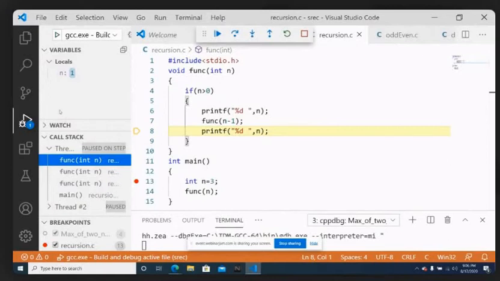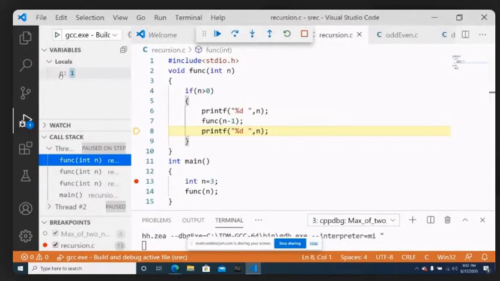So what I did is, after deleting that, I entered into the next activation record where n value is equal to 1. And at last I was executing that activation record up to line number 7. Now I am continuing my execution from where I left. So up to the 7th line, I continued with the new activation record. It got deleted now. Now I'm continuing from the 8th line. From where I left, I'm continuing. Okay, so with func of n minus 1, I stopped.